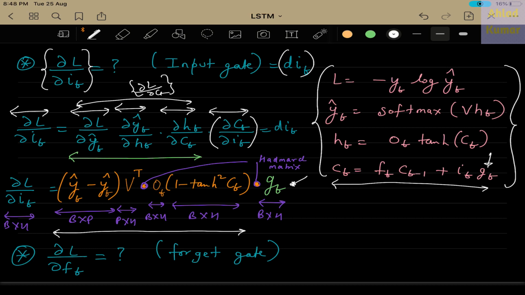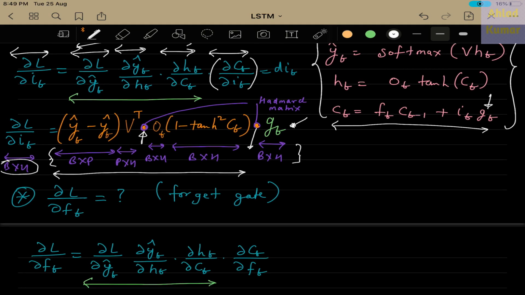And again you can cross verify that the dimension of IT is B cross H, and this has to be verified by matrix multiplication on the right side. In order to make it a valid matrix multiplication, these two operations that you will do in between will be Hadamard (element-wise) matrix multiplication. We have discussed this so many times, so you can cross verify each of these dimensions, and also see by yourself that these matrix multiplications do indeed follow proper matrix rules.